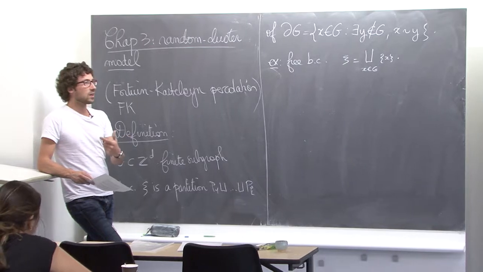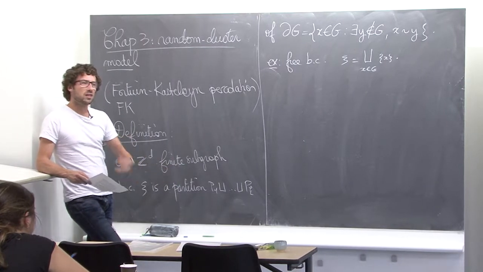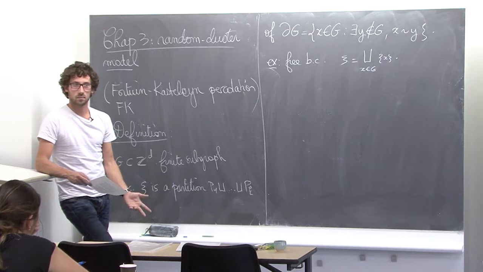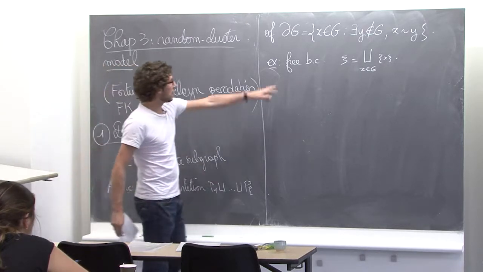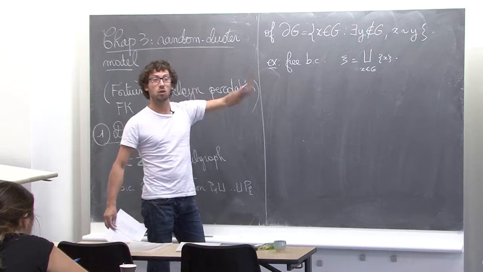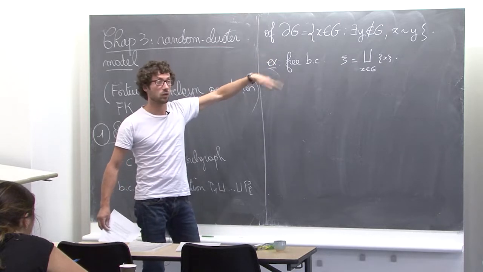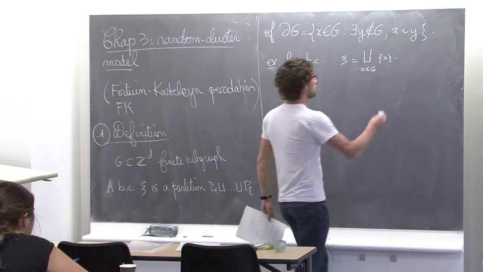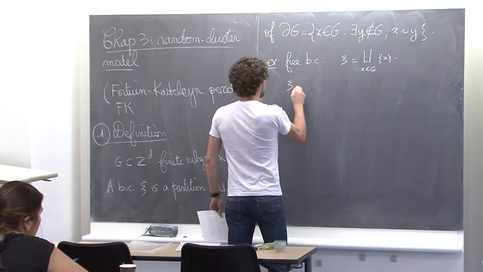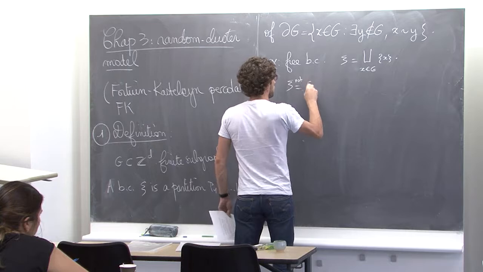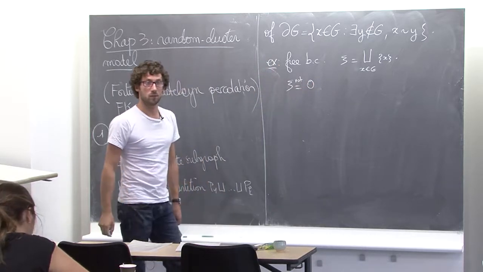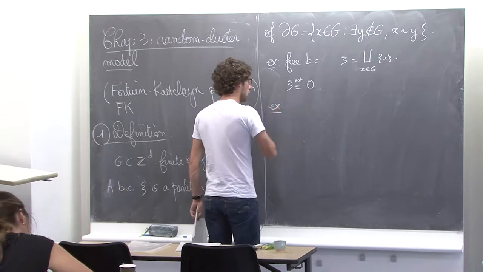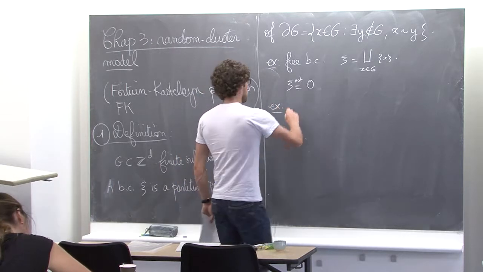Okay? The idea is two guys in the same partition. Somehow I'm basically saying outside the graph they are connected. So here, free boundary condition just means no connection outside my graph. I don't care about what happened outside, no boundary condition. And here in general we are going to define it. The notation is going to be, we are going to write 0 instead of 3. There is another, you are going to understand why next week.